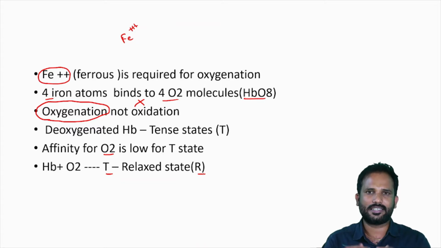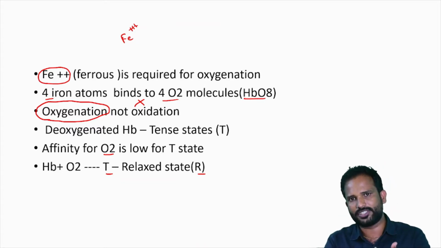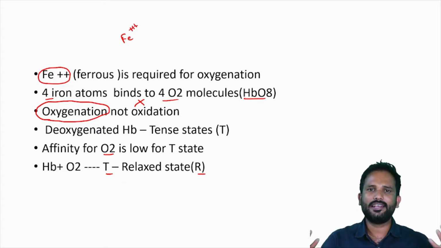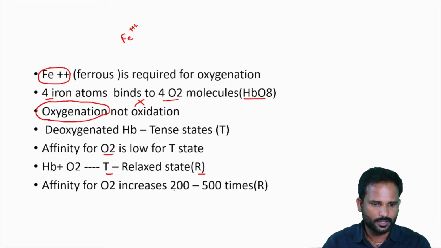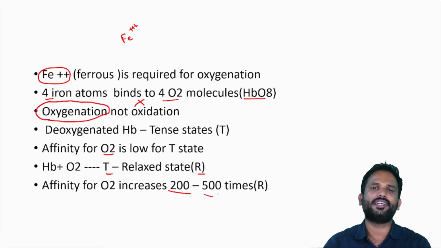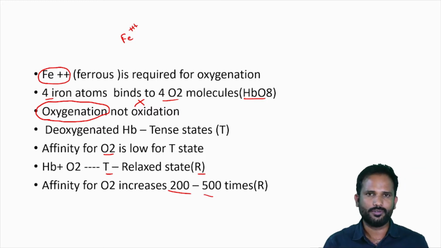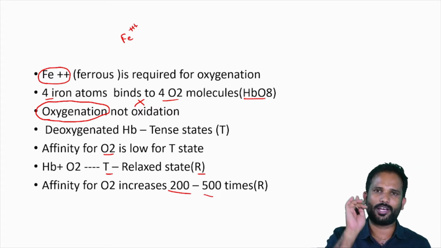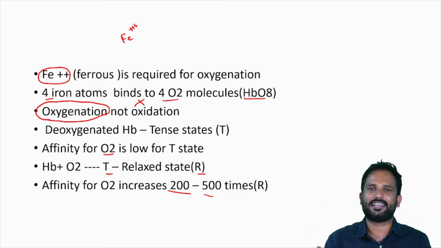Once it converts into the R state, it has high affinity, almost 200 to 500 times the affinity for oxygen than the T form. So one molecule when bound to hemoglobin increases the affinity of hemoglobin to further oxygen molecules